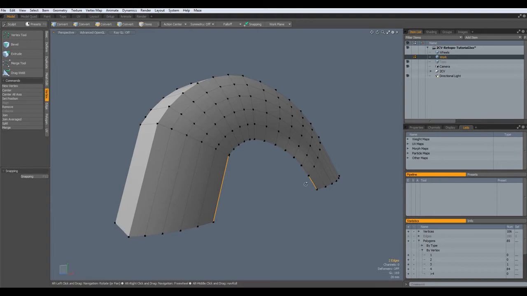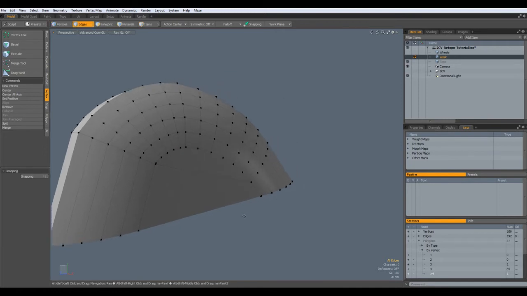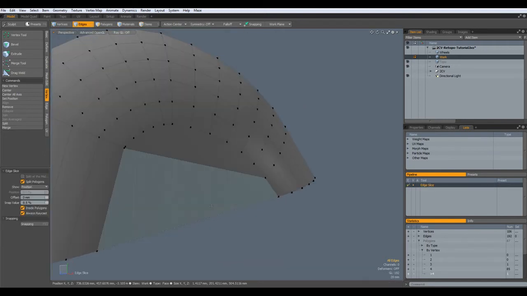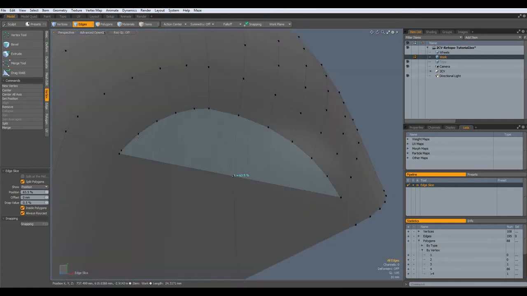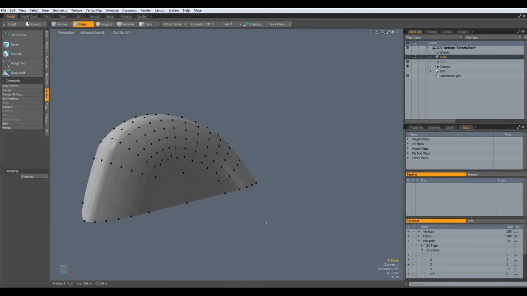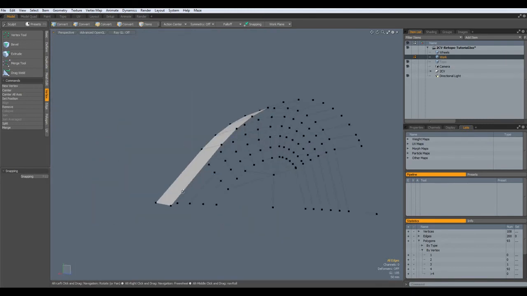So bridge this together, then put the polygon in here, and then I use the edge slice tool with the C key and slice an edge in here, shift click and to here, and shift click to here, and the last one to here, and we have all quads. Good. Now go to the back, do the same,